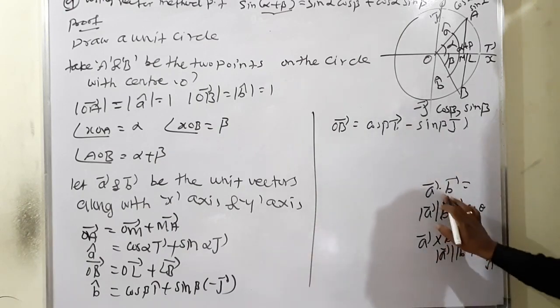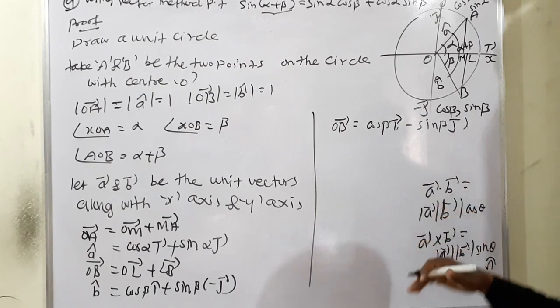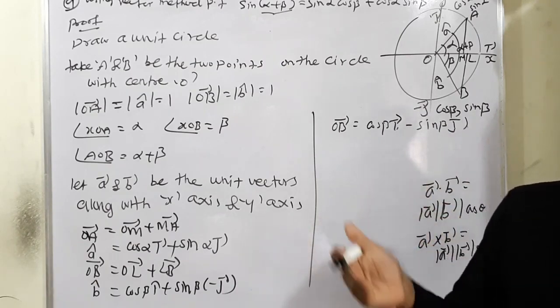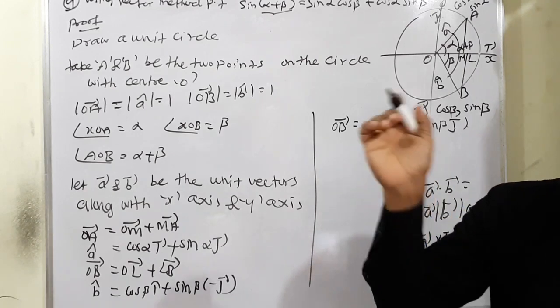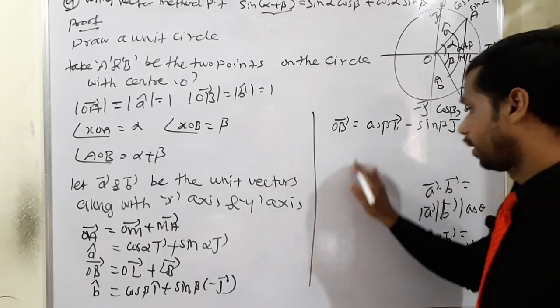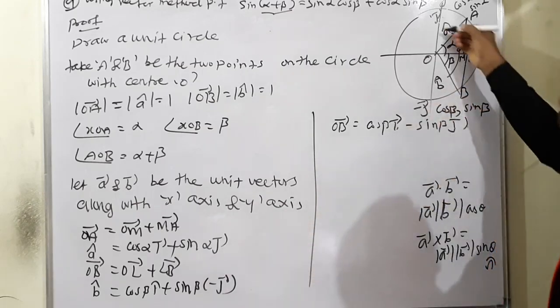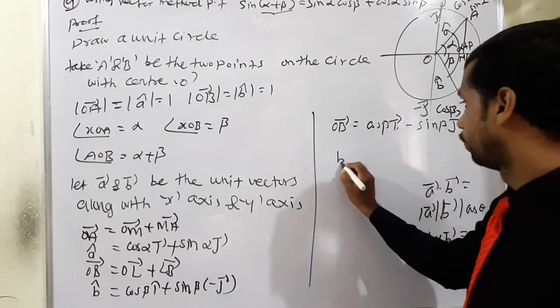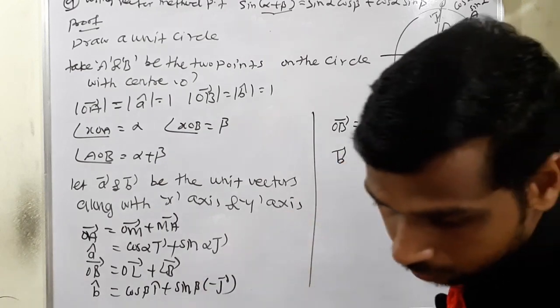We can write A vector dot B vector is equal to B vector dot A vector, already proved. But A vector cross B vector is definitely not equal to B vector cross A vector. That's why we need the condition, check it counterclockwise, then only starting with B. So therefore, by the data,